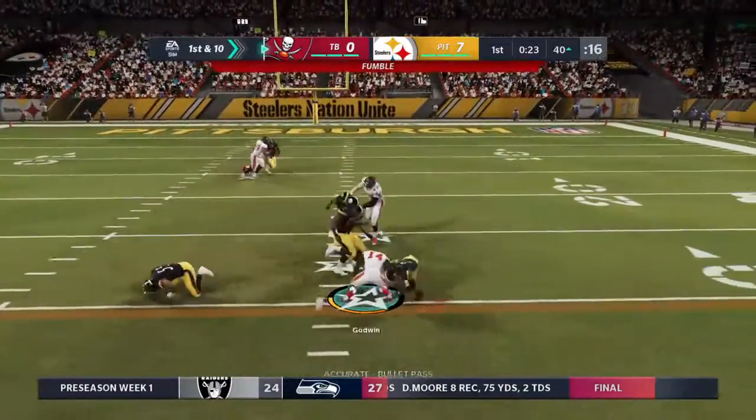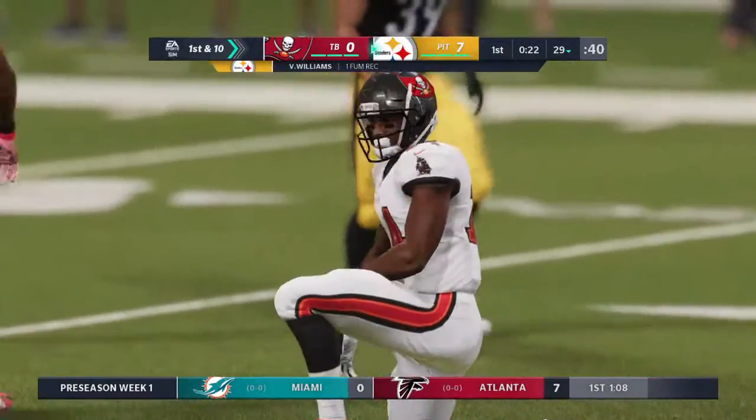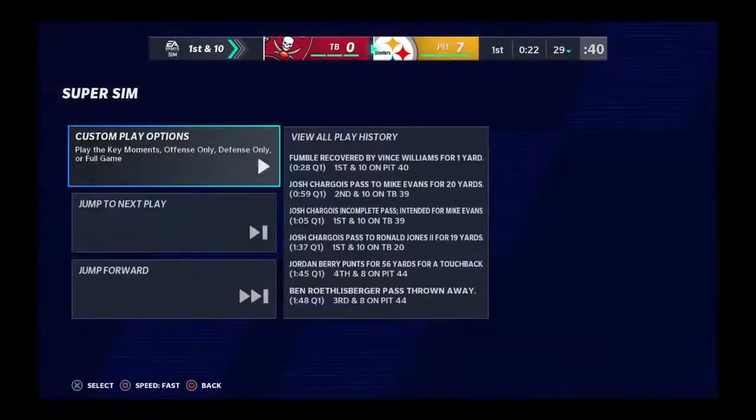Now a loose football. The ball comes out, and it looks like Steeler football. It is. The pass. No coach or team's ever happy when someone has a turnover, but if there's ever...